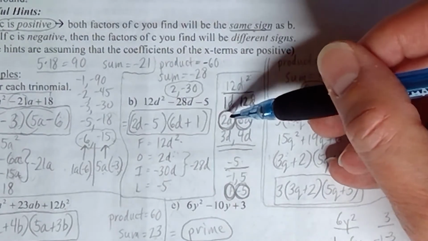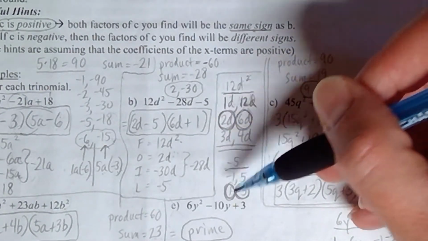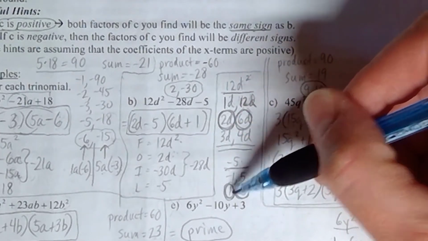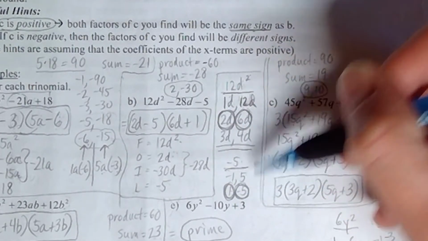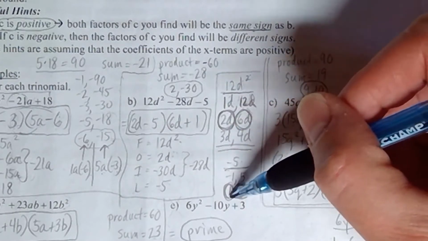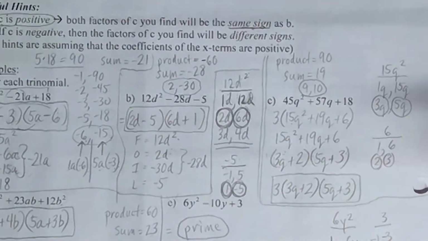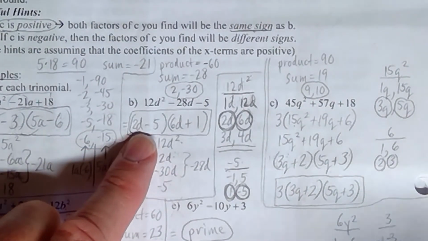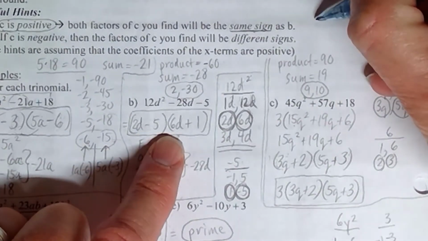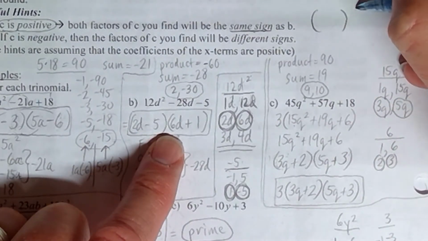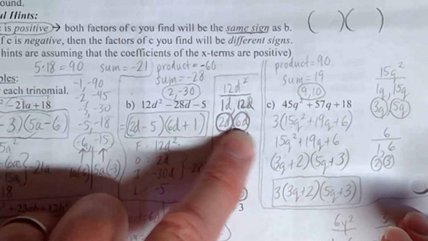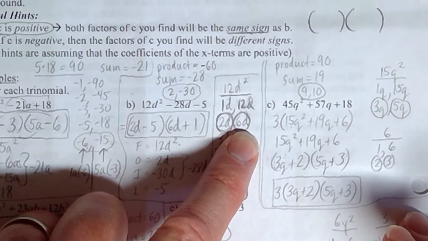Again, I can't say it enough, it's got to be one from here and one from here. It can't be two of them from the same list. One from here, and then pair up the same things that were matched up with the 2D and the 1, and they should also work for the other one. Okay, we're almost there. Now, let's pretend like we don't know what the answer is yet. Let's pretend like we're doing the problem up here just so you can see how you go about it. What you do is you take these two things right here, and as we learned back in section